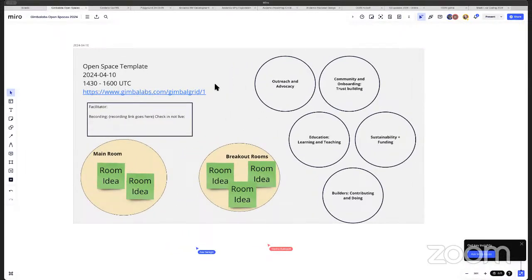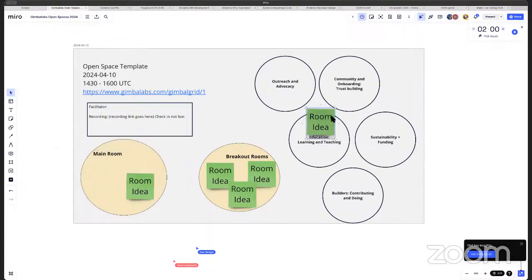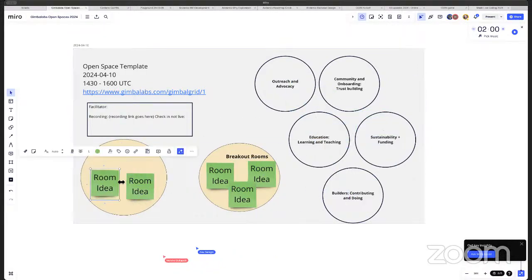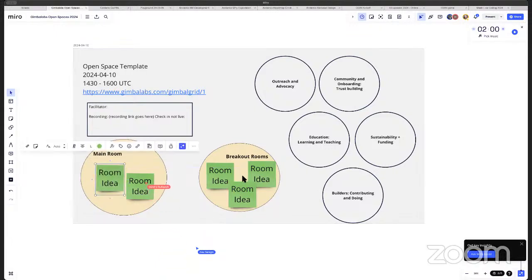So here is the Miro board that we use each week. If you've been here before, you know the drill. I'm going to set a timer for 2 minutes just to give everybody a chance to collect their thoughts. If there's something you want to talk about today, grab a sticky note, add it, move it somewhere if that applies, or just keep it where it is. And if you don't have access to the Miro and you want to unmute or drop a note in the chat, you can do that. Otherwise, see you in 2 minutes.